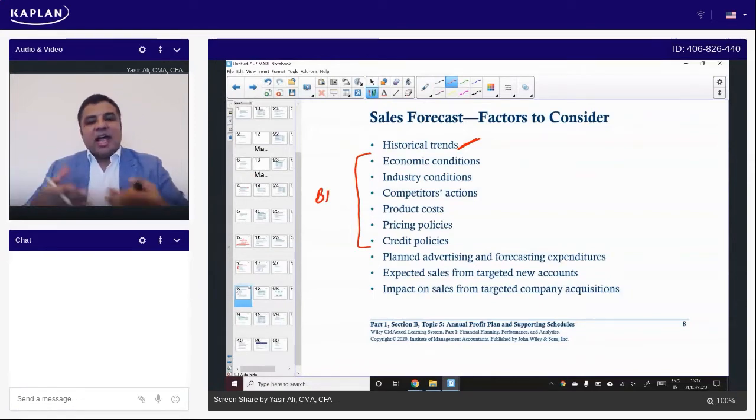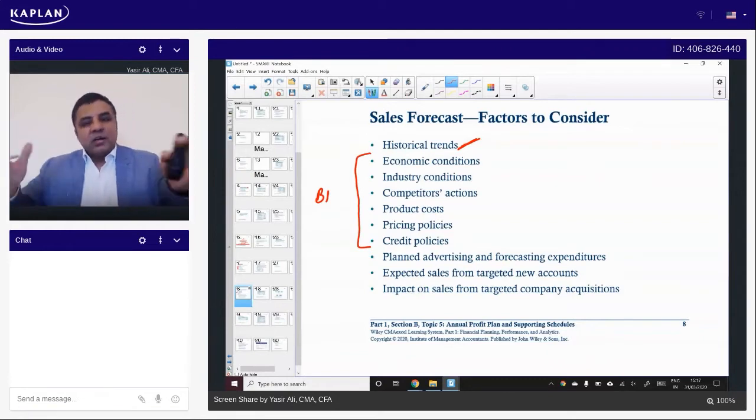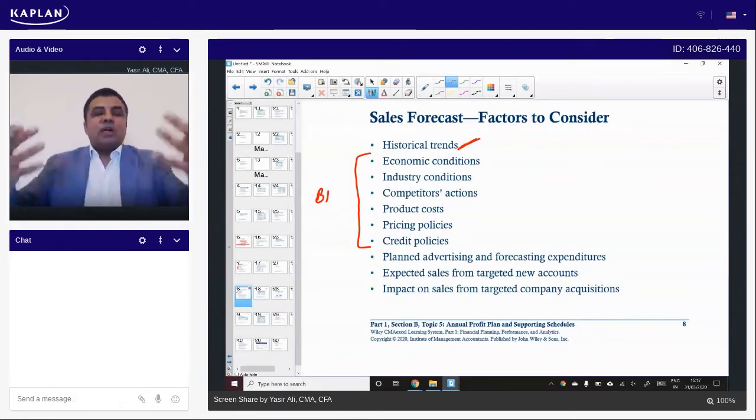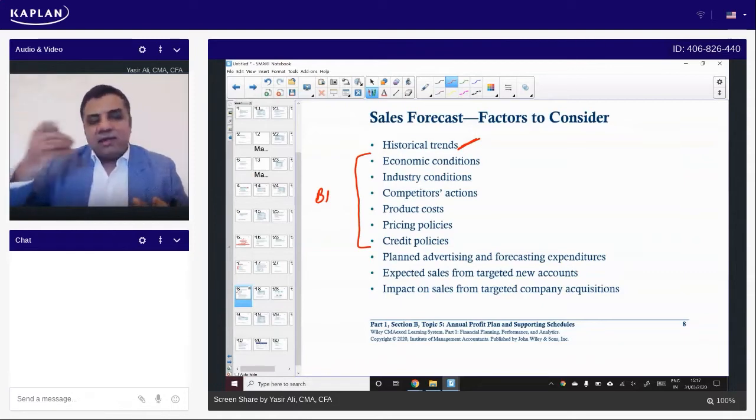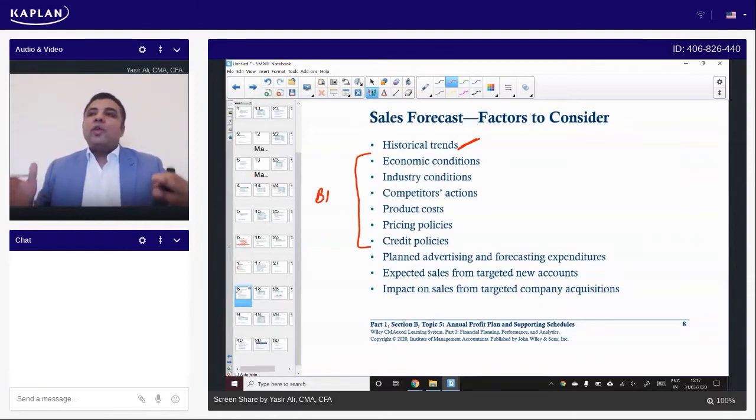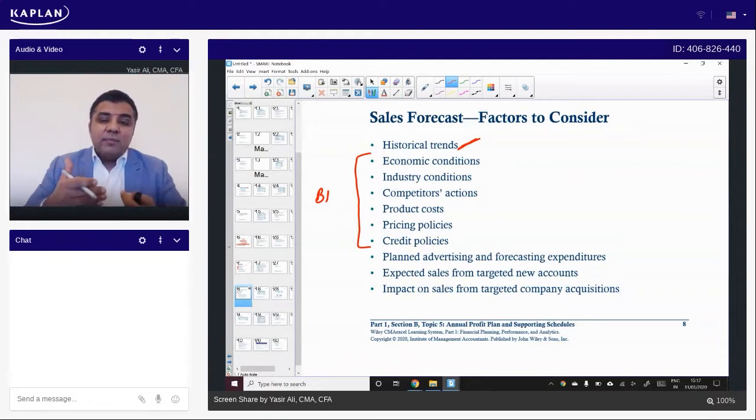Budget preparation cannot happen behind closed doors, where senior managers sit and say, okay, what should be our sales target, and they just come up with a number and then try to achieve that target. No, we have to look around. We have to see how the outside environment is. What are the opportunities in the outside environment? What are the threats? There might be new competitors, right? Or there might be an economic recession. So we have to look broadly into political, economic, legal, technological, and social factors when making a sales forecast. Probably this is the most important step, as I have elaborated again and again.